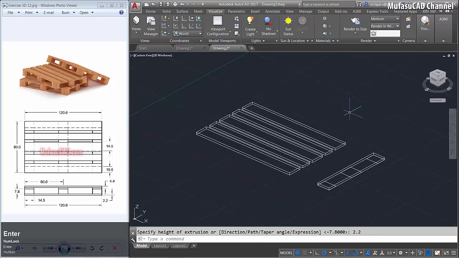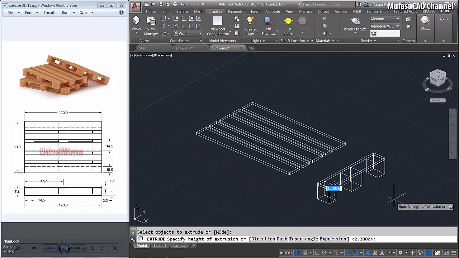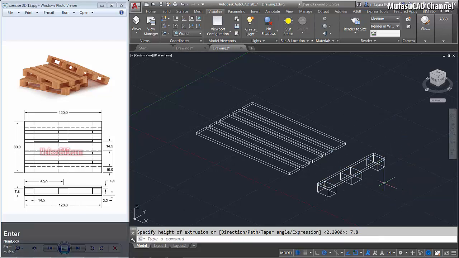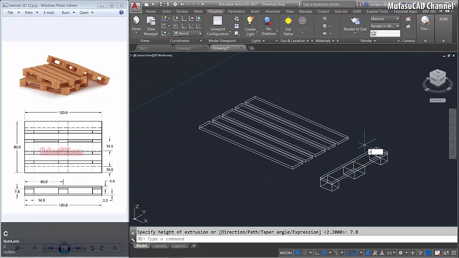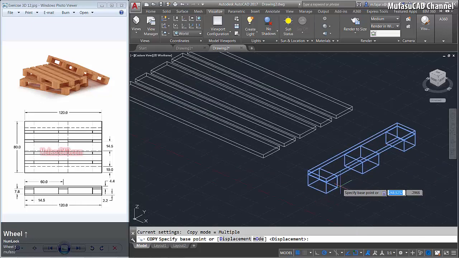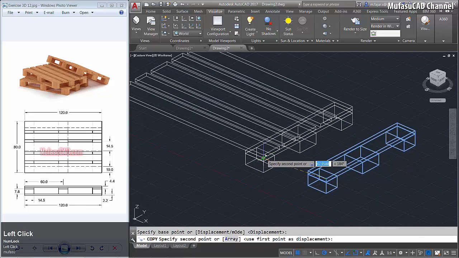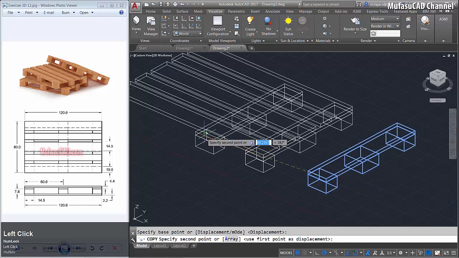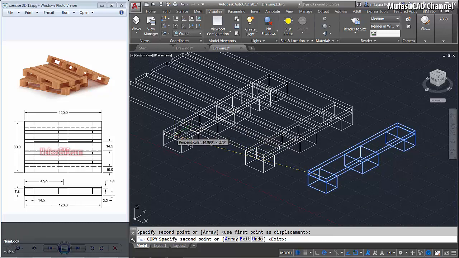Okay, and we extrude again this rectangle object to the bottom here about 7.8. Enter. Next we copy this object from here to here, and we copy again this object from a middle point here to middle point here.